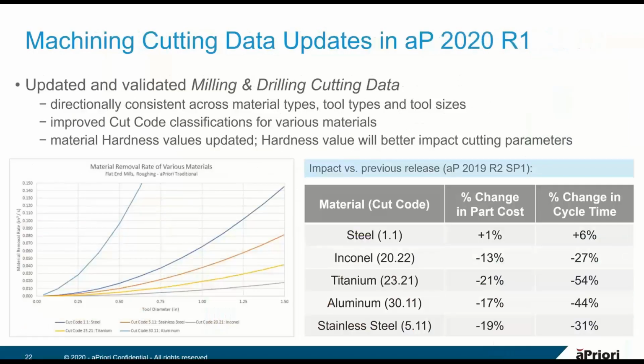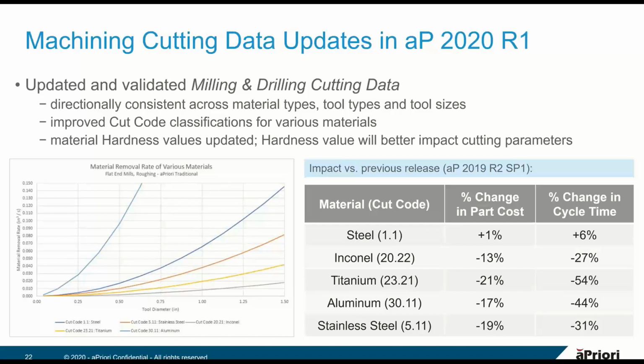And as always in aPriori 2020 R1, we've made a number of enhancements to our machining cost model. And the most impactful thing that we've done is a full-scale review and updating of the cutting data that we use to calculate the cycle time and cost estimates for milling and drilling operations. Our goal was to ensure that we're providing a robust, defensible set of cutting data across the spectrum, by which